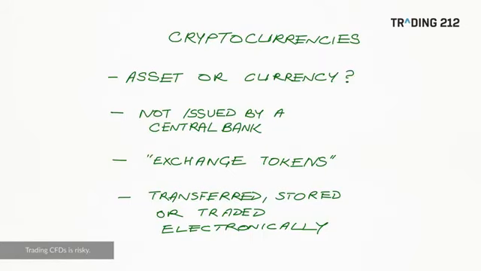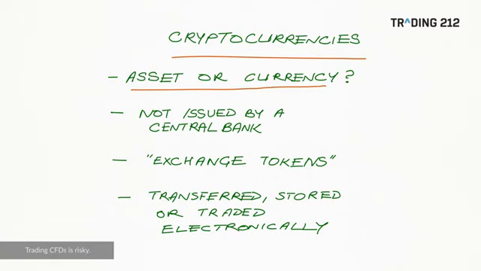So I thought we might begin by looking at cryptocurrencies in general and discussing this aspect of whether they actually are a type of electronic money or not. So cryptocurrencies are sometimes described as being digital assets or digital currency, but are they assets or currency? There's some debate as to whether they are more like an asset or more like money.